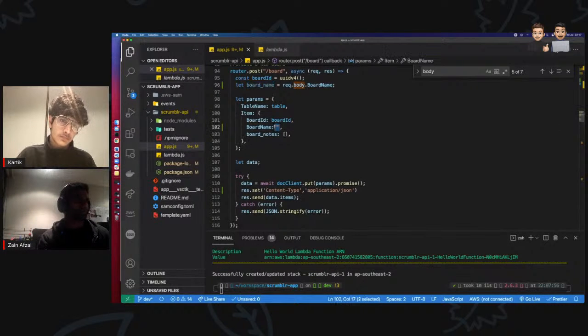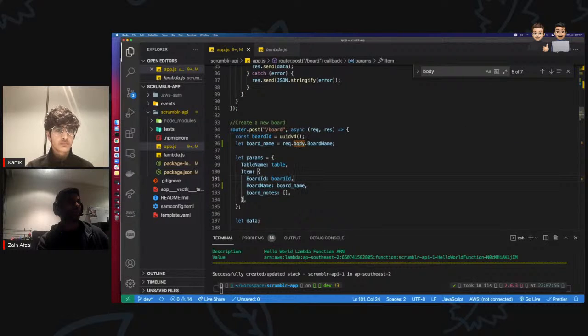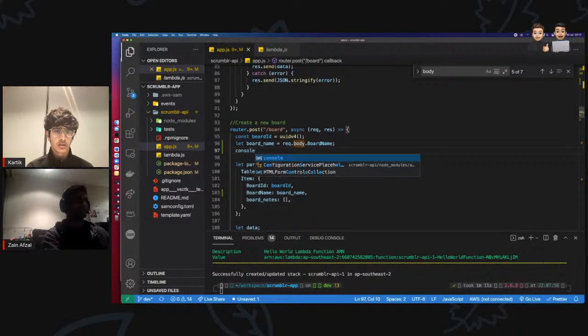Let me just put this back. What I'm really concerned about is that even though we're not giving it an empty string, why is it coming up as empty string? Do you think board name is being, hang on, I'll do this, then we will deploy and see. That won't print anywhere. It will in Lambda, I think so. Oh yeah, okay.